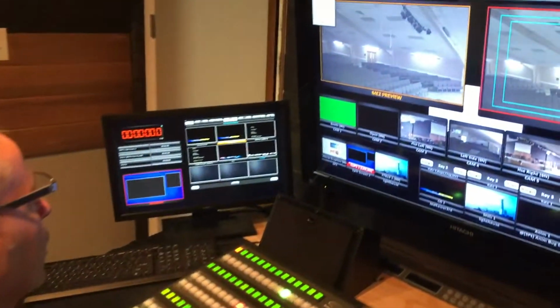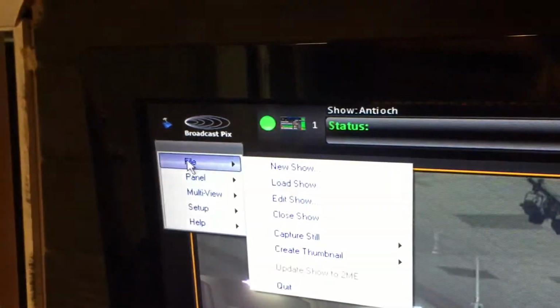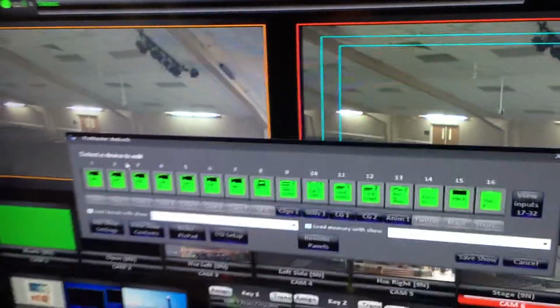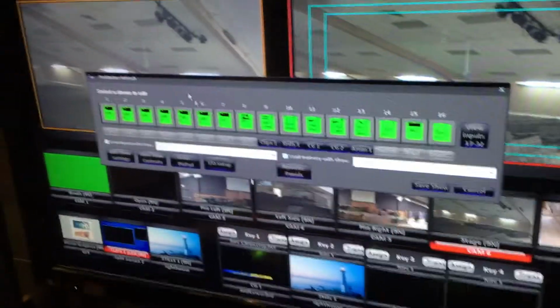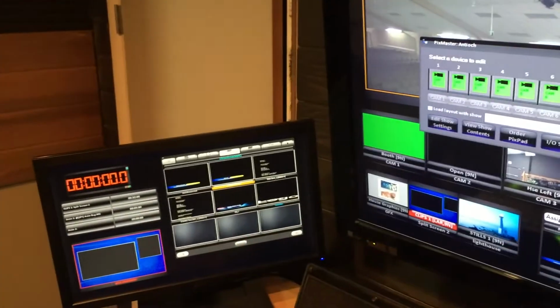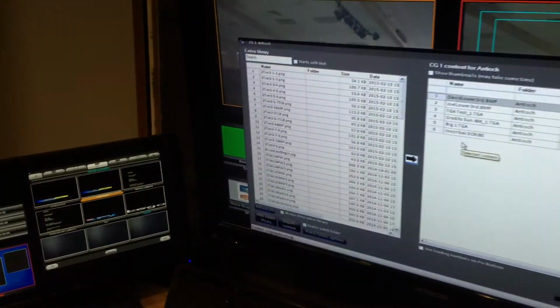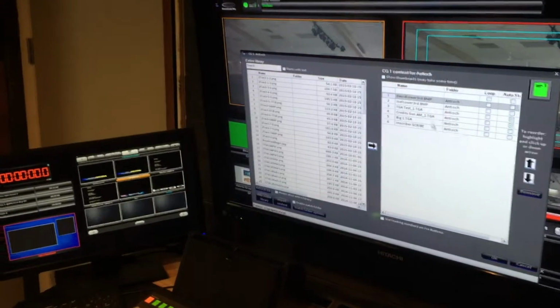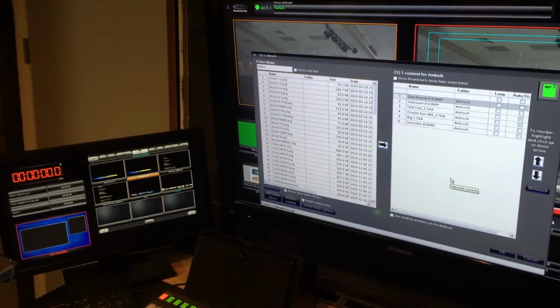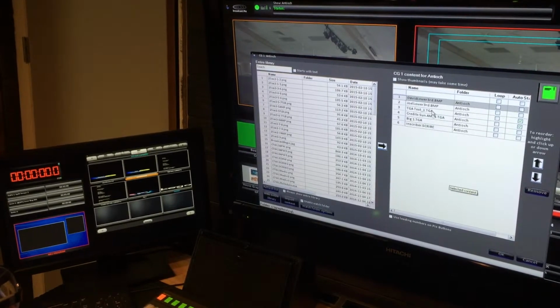We're going to go up here to the top, to the little file button, and we're going to edit this show. We're going to bring up this panel. We're looking at CG1 here, so we're going to click CG1 there. And this is what's in here. This is what can be put into this CG1, but we're going to get rid of some of this test